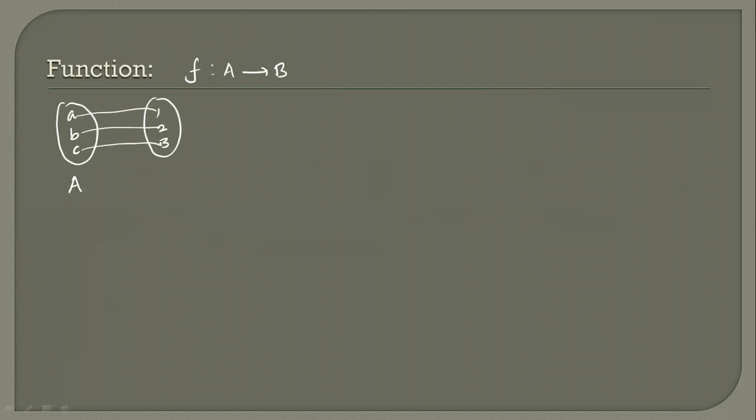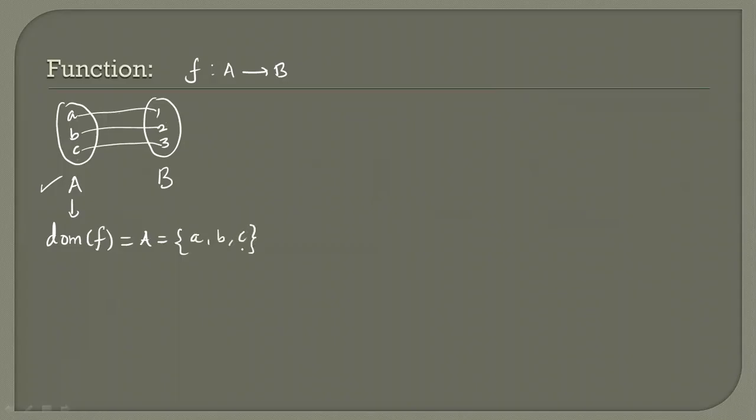Suppose you have two sets A and B. The set A is a, b, c. The set B is 1, 2, 3, and the function is from A to B. a is going to be 1, b is going to be 2, and c is going to be 3. So we have to check whether it is a function or not. We can see that each element of set A is getting one value of set B. It means it is a function. And this set A is called the domain of f.